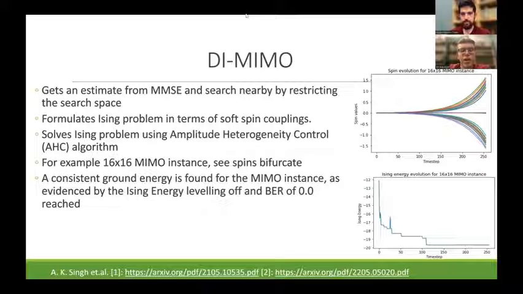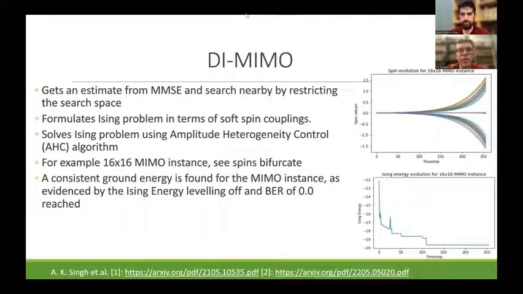And so the idea here is that AHC defines a set of differential equations which evolve over time, and by iteratively solving these differential equations, we're solving the Ising problem and finding the spin configuration which corresponds to the minimum energy solution. So as we can see on the graph on the right, over time, the idea of AHC